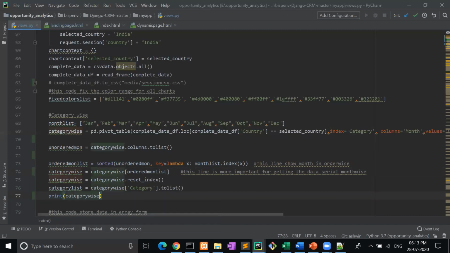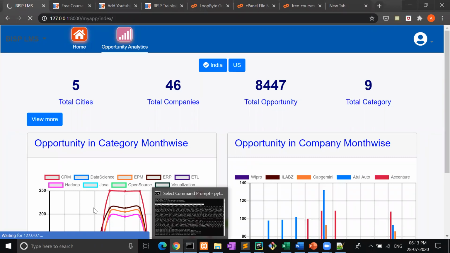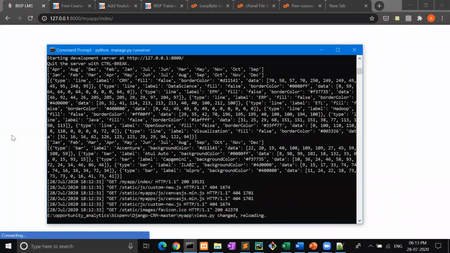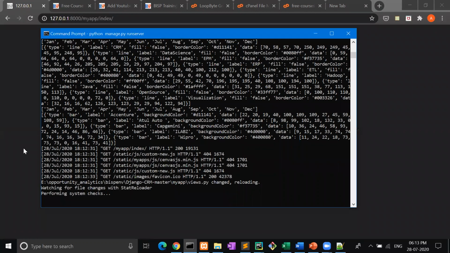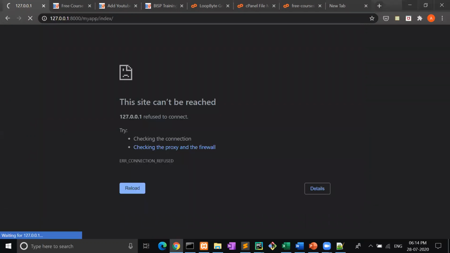Again I will refresh it. It is refreshing. We have to arrange the complete data. Here it will arrange the complete data. Now see.